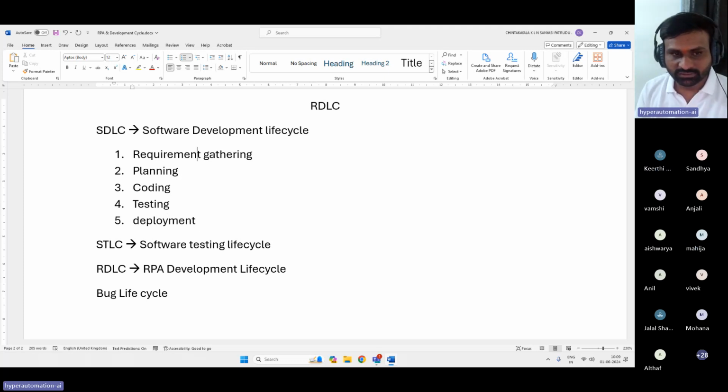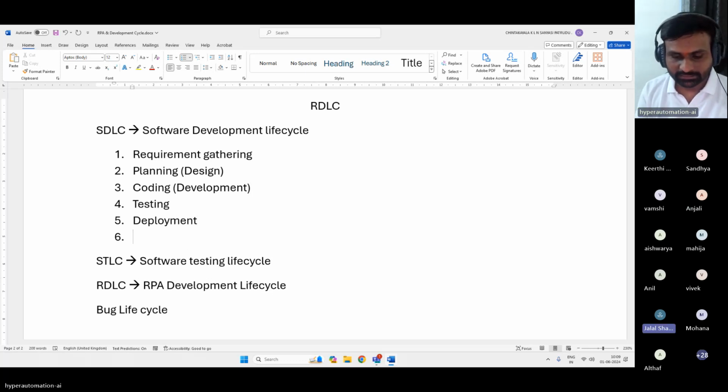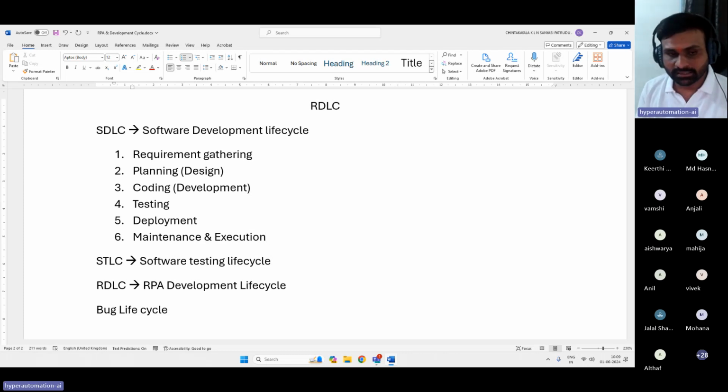Here also planning, we can say design. This we can say development, testing, deployment, and maintenance, hypercare. Maintenance phase and execution, maintenance and execution. Or you can say managed service, maintenance and support also, right? We can talk in both the ways.